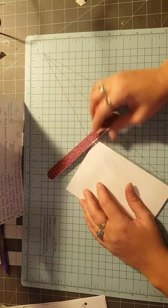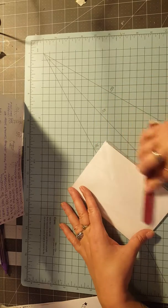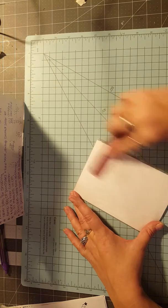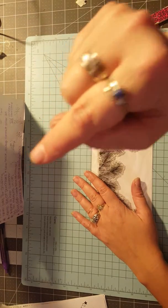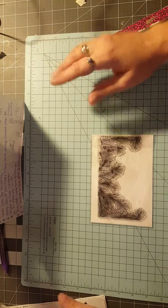And I flip the stamp over, and I file it. Give it a nice little file. I don't go too deep. I just do a nice little run through. I clean it off and then I'll re-stamp it. And 9 times out of 10, it will stamp perfectly and you'll never have to do it again. Sometimes I might have to